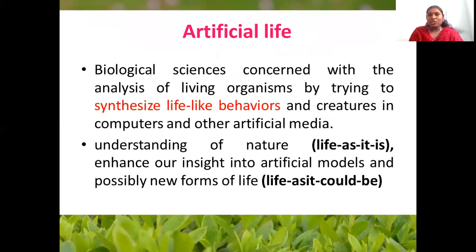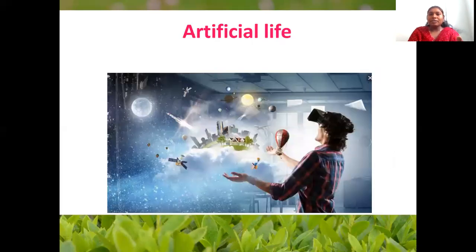And the next one is artificial life. As I told you, we are going to look into the natural working system and develop a life out of it. We are going to start with life as it is and create a life out of it. This helps in animation, movies, virtual reality structures and all. So this is the second branch, where you simulate and emulate nature.